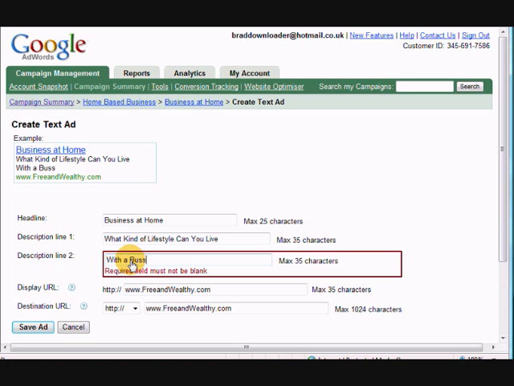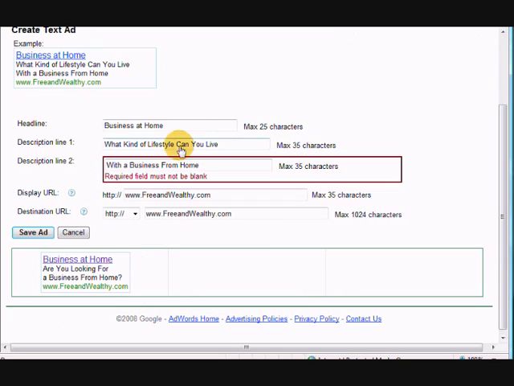So that's just a variation. What we'd be doing is testing this ad against the first ad that was written. Then we'll give it a few days. Once we've had a decent number of clicks and we can tell which ad is performing better, we will just delete the lesser performing ad,